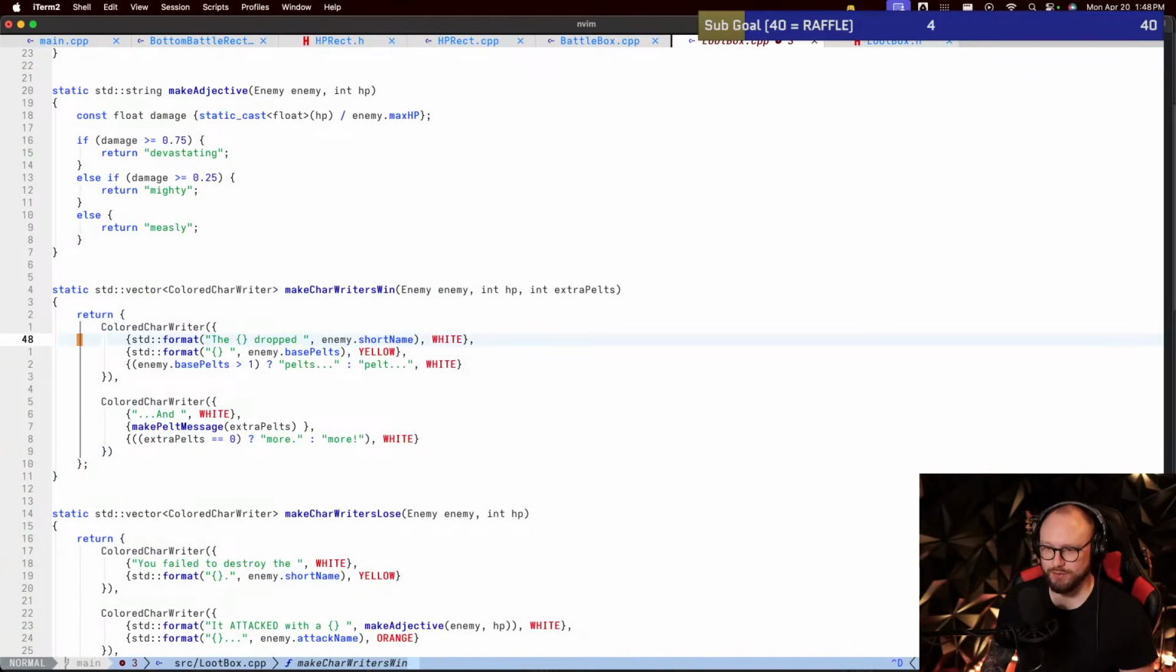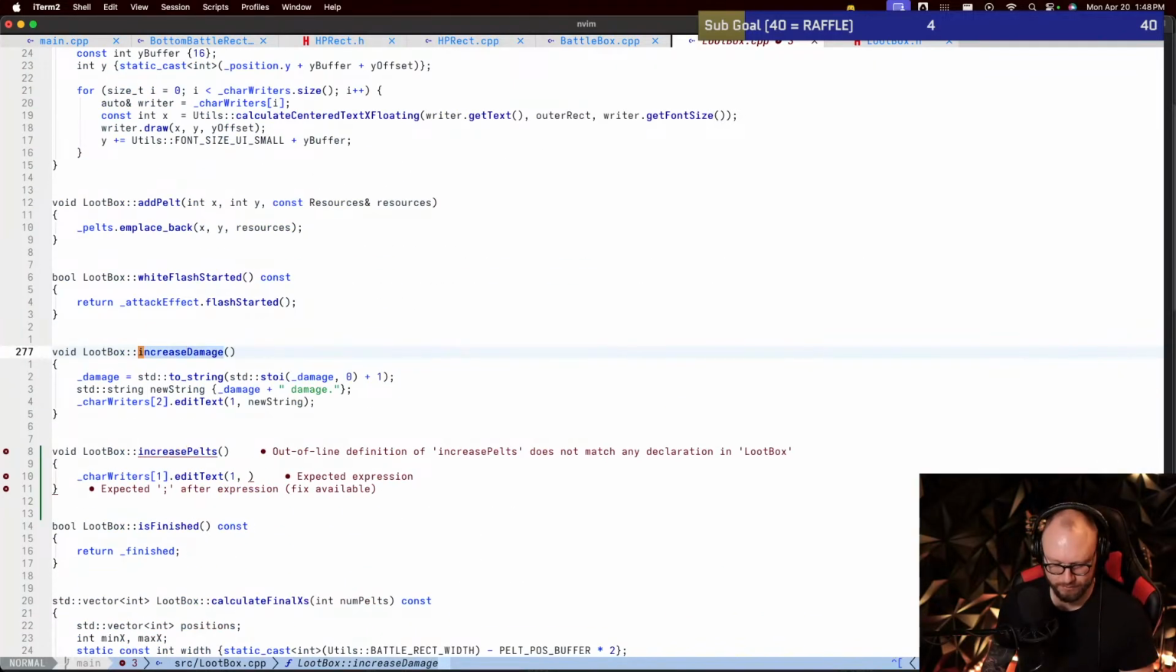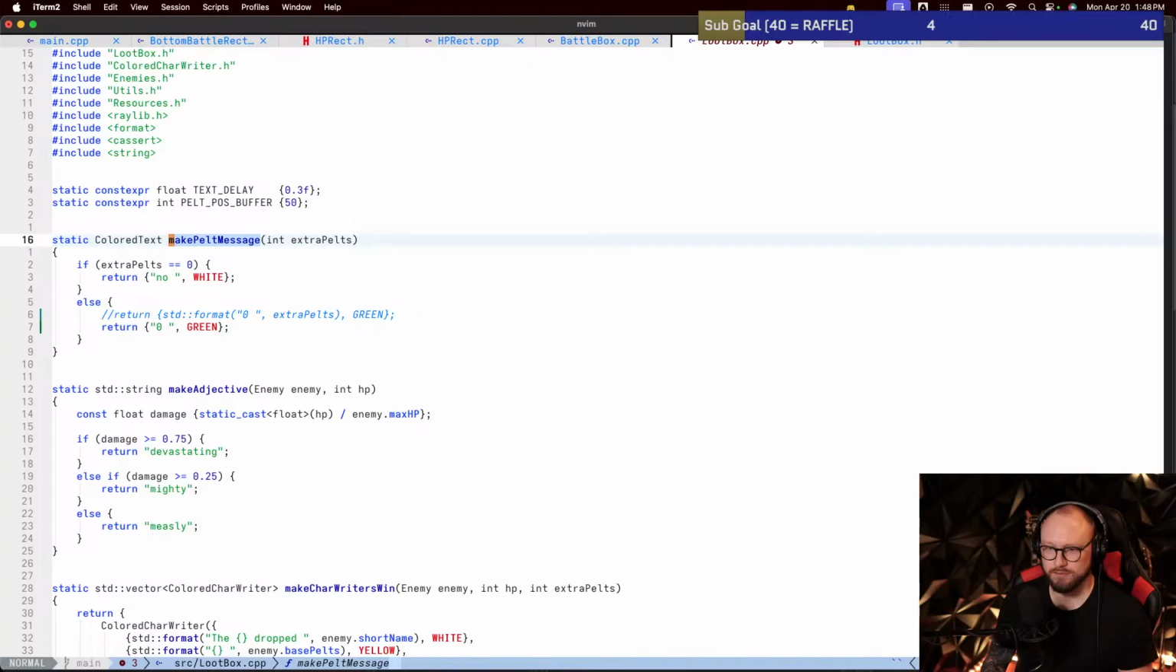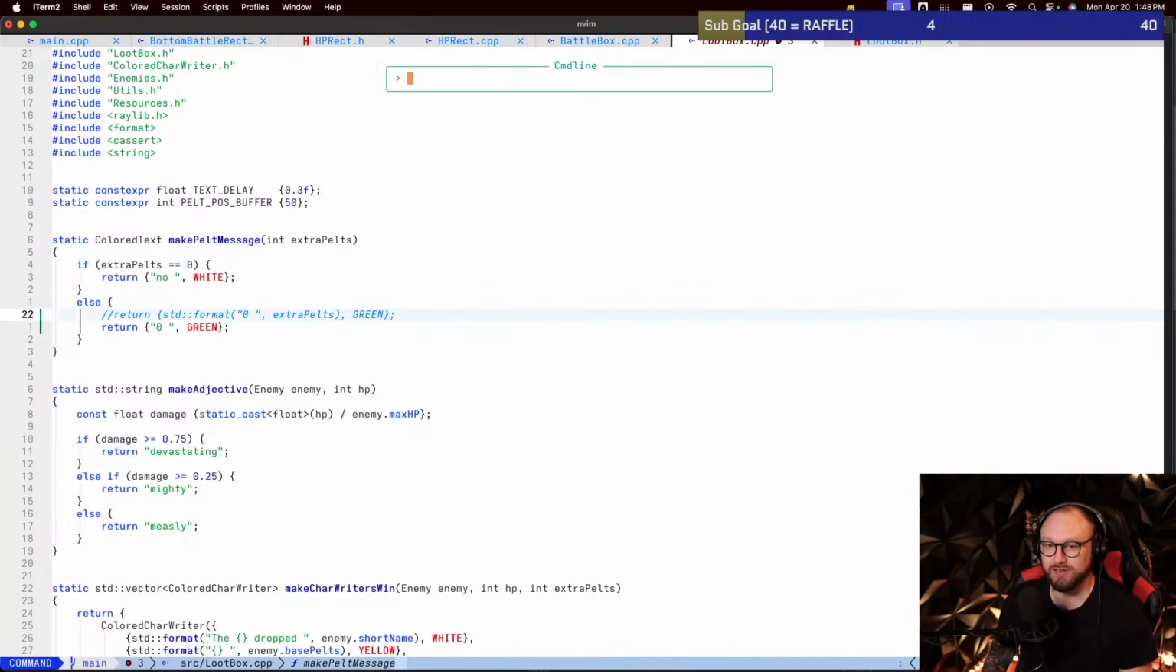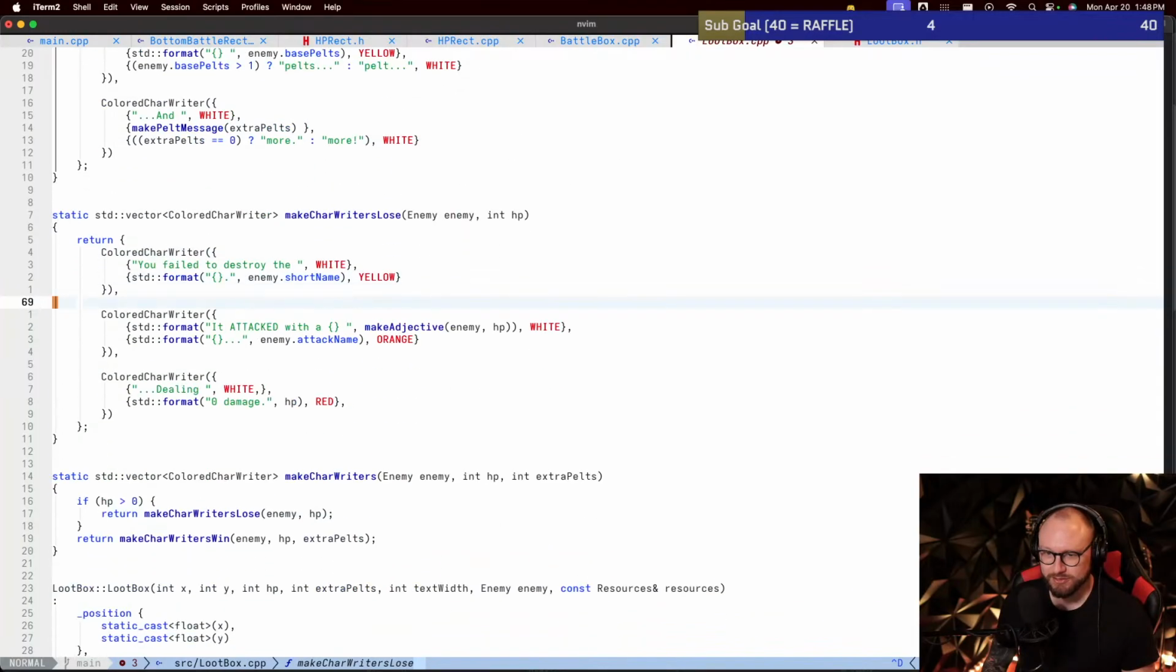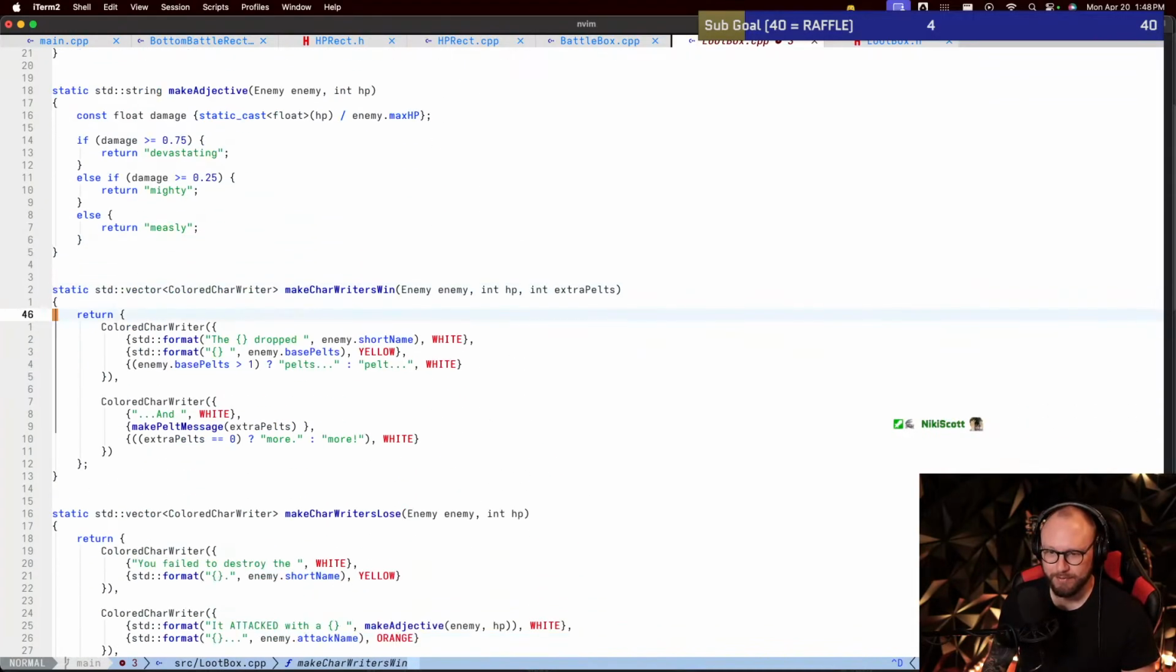And then we're going to adjust make pelt message. So what is this doing now? Oh, that's this one. Man, I have some days where the simplest things, this shouldn't be difficult, but I'm having a hard time wrapping my head around it. The thing is, because like